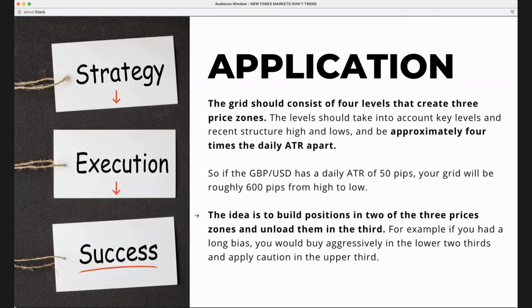And I measure the average true range over a 20-day period. So what is the average high to low of a particular candle over the last 20 days? I'll take that value and then I'll multiply it by 4. And that will be my distance between my levels. So if I have a grid in the pound dollar, for example, and the ATR is 50 pips, well, we know